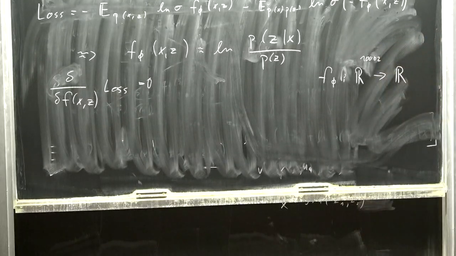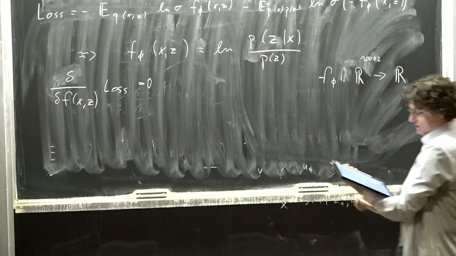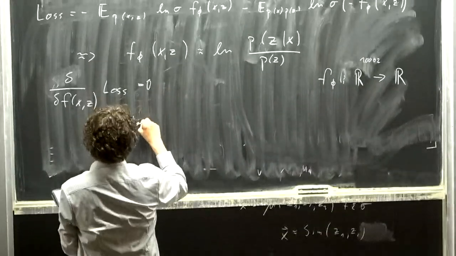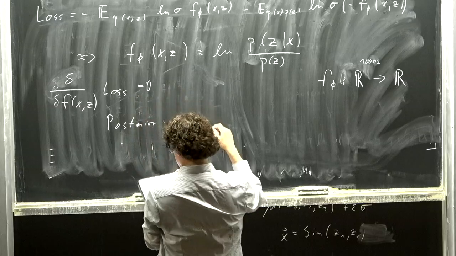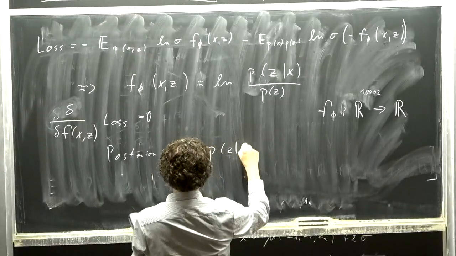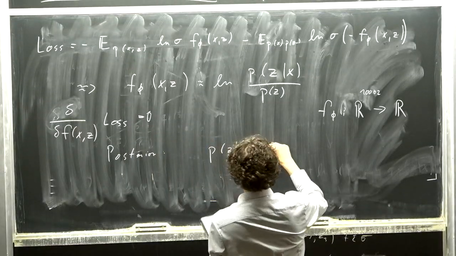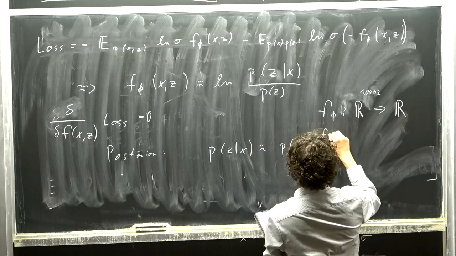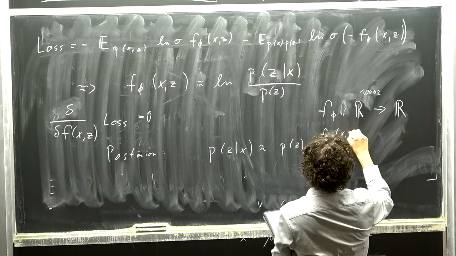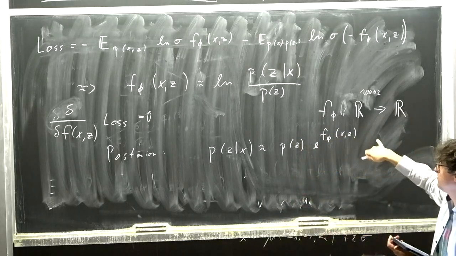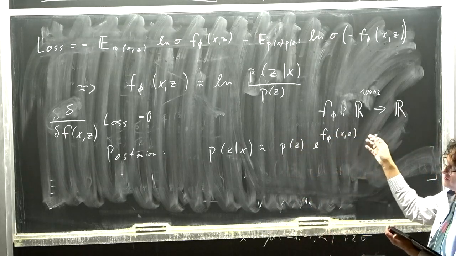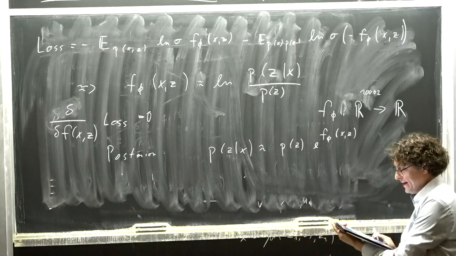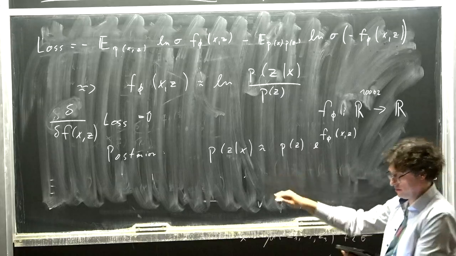Time is almost up. Good. So let me first show you how to calculate the posterior then. Once you train a network like this, the posterior is just given for a specific observation by evaluating the prior times e to the power of f. And if everything goes well, this will be automatically normalized to 1. Typically, it's not exactly normalized to 1, so you have to normalize it by hand. But this gives you then posterior samples.